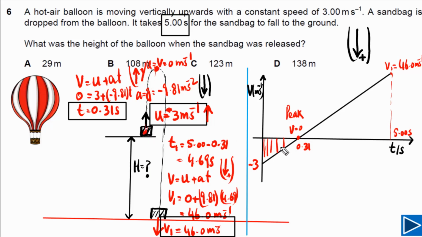This displacement is negative because we took down as positive, so we can calculate this area. The area of this triangle is 1/2 times the velocity multiplied by time, where time is the base, so the final answer in this case will be equal to